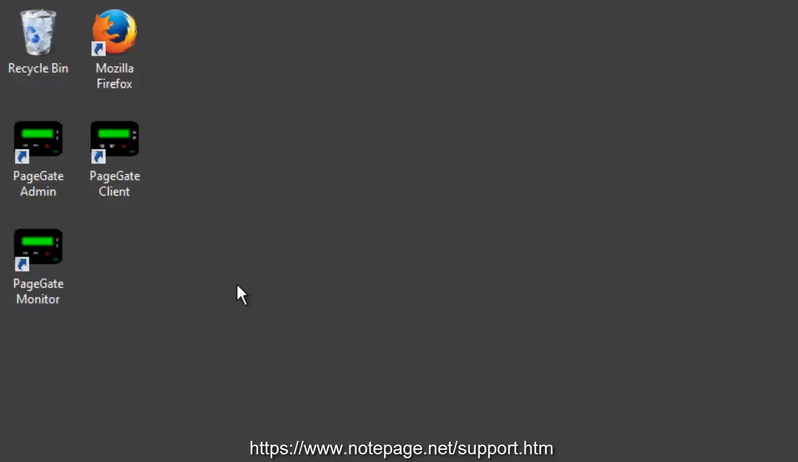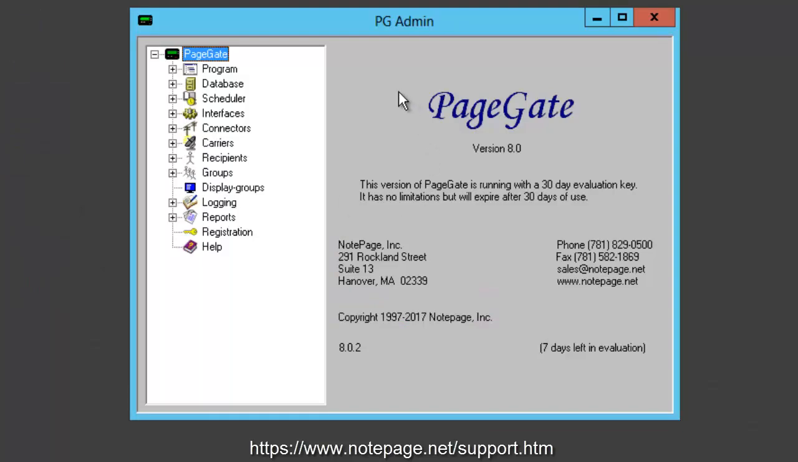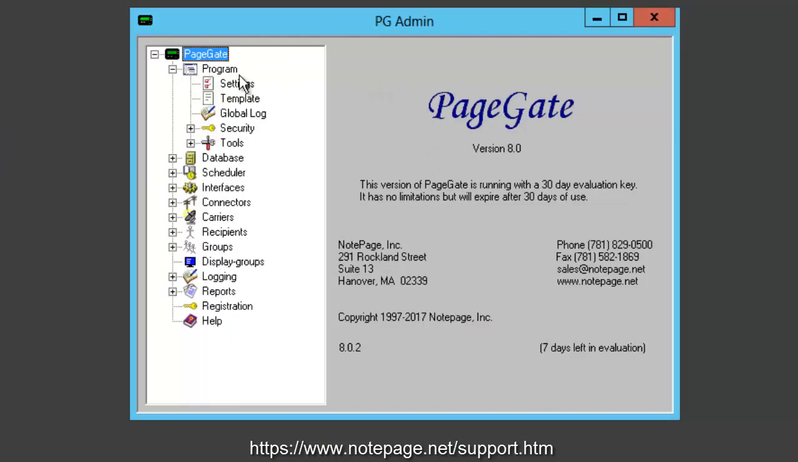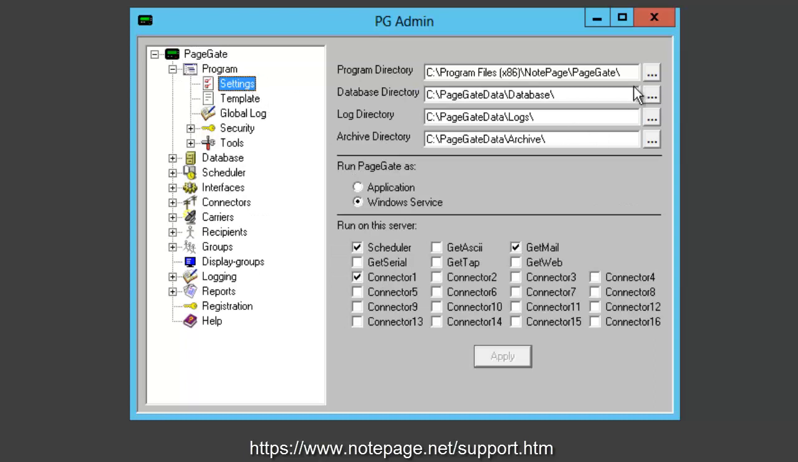The first step is to find the location of the PageGate program and data directories. To do so, open the PageGate admin. Then go to Program, Settings. Here on the right, make a note of the program directory as well as the root of your general data